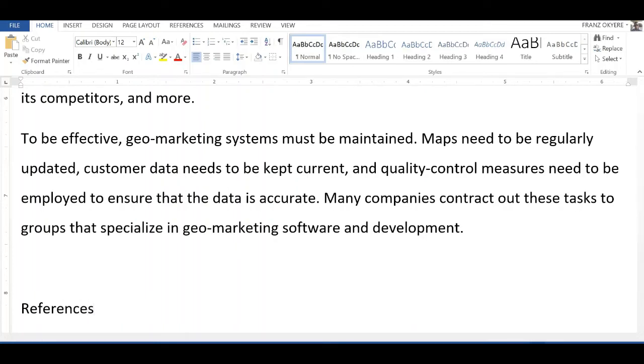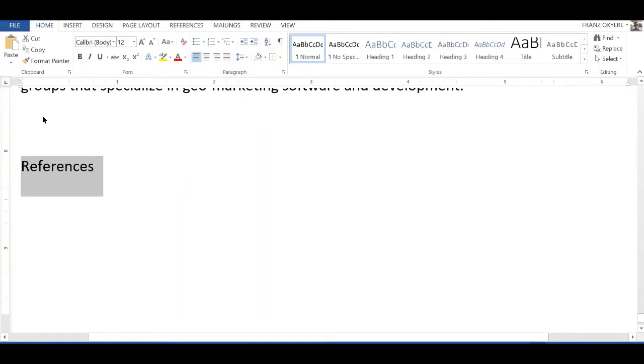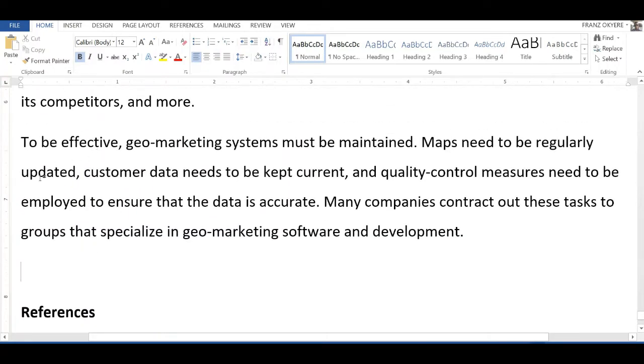So we're going to learn how to generate these references. Let's assume that we decided to make a reference to material that is part of this whole literature review. We are making an assumption because we are learning.